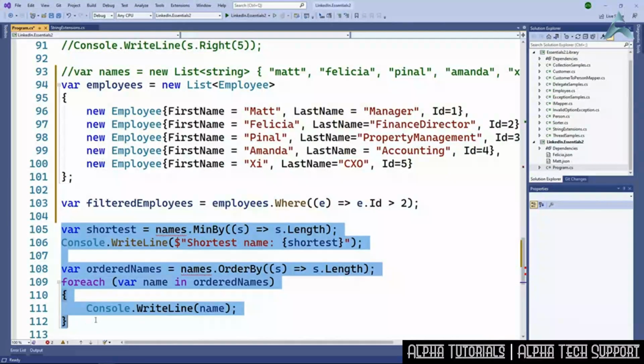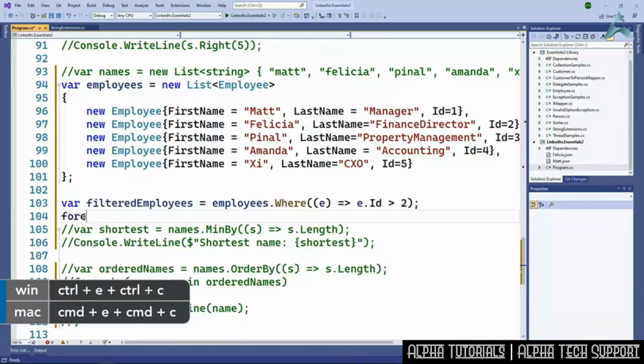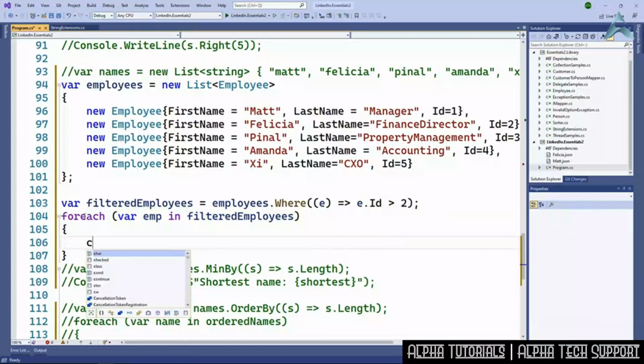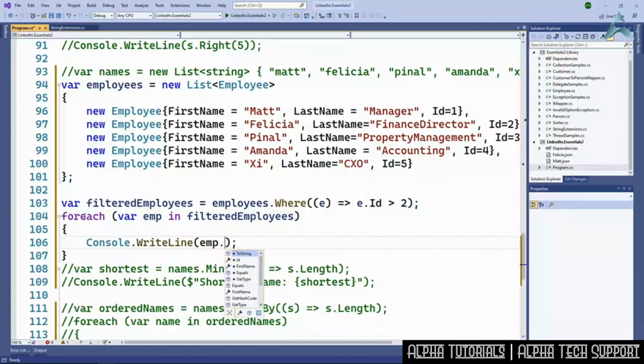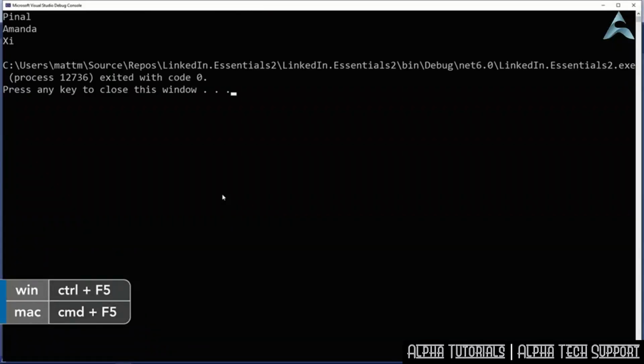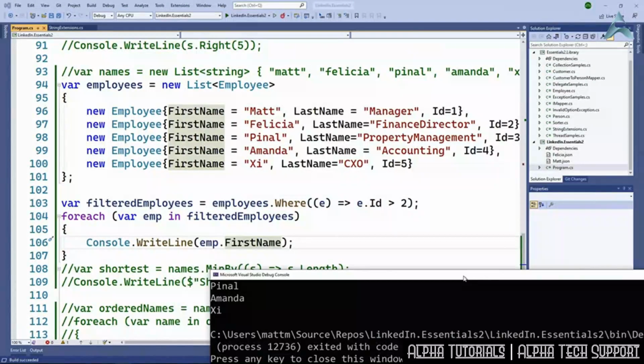So let's go ahead and we'll just comment out the last bit here. And now because it's an enumerable, we can iterate over it. Got our filtered employees. And now we could write out, because that's an employee, we've got all that information, but let's just write out the first name. If we look at the IDs, then we should see 3 different employees that get returned. Sure enough, we see Pinal, Amanda, and G come back when we have the ID greater than 2,